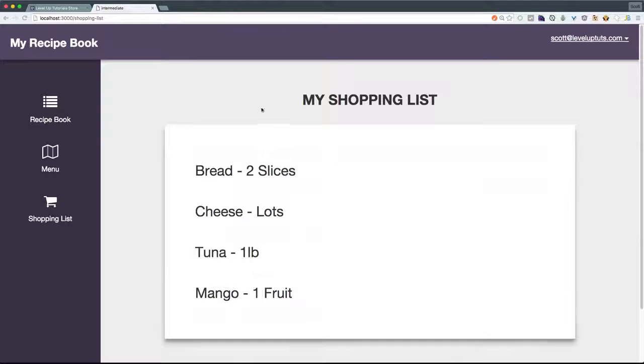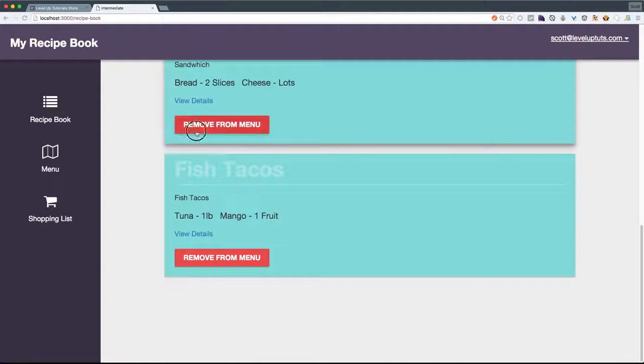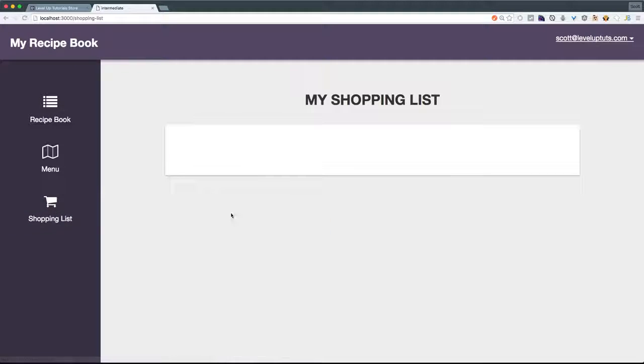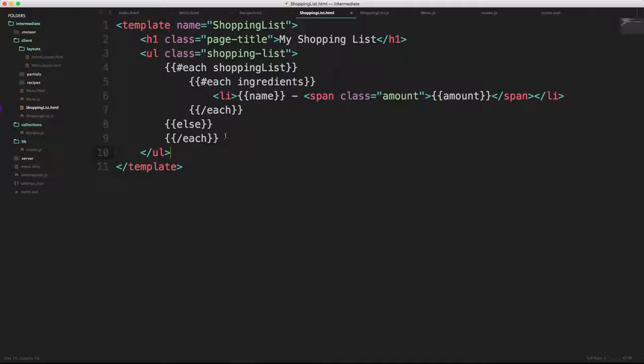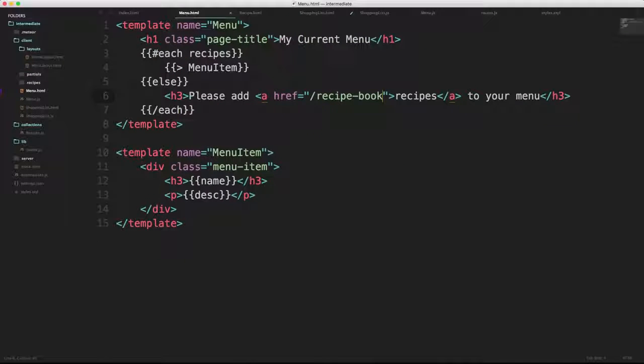So we now have my shopping list, but what happens if we remove everything from the menu? Like so. You can see we have this blank sort of list here. So let's head back to our shopping list and let's fill out this else. Since this is inside of an unordered list, we can just say li, and we can throw an H3 in here if you would like, or you can just have text, and we could actually just copy in the text from the menu,